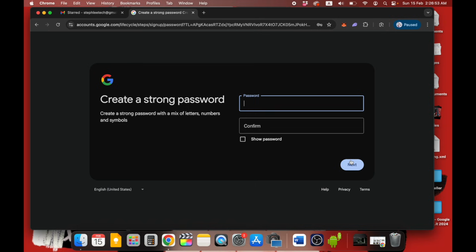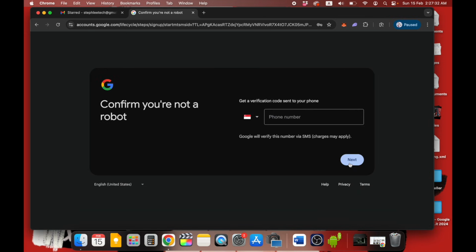Enter the password that you want and enter the same password under Confirm. Make sure you are typing in the same password. Check on Show Password. Create a strong password with a mix of letters, numbers, and symbols. Then click on Next. Google will make sure you are not a robot, so key in your phone number and